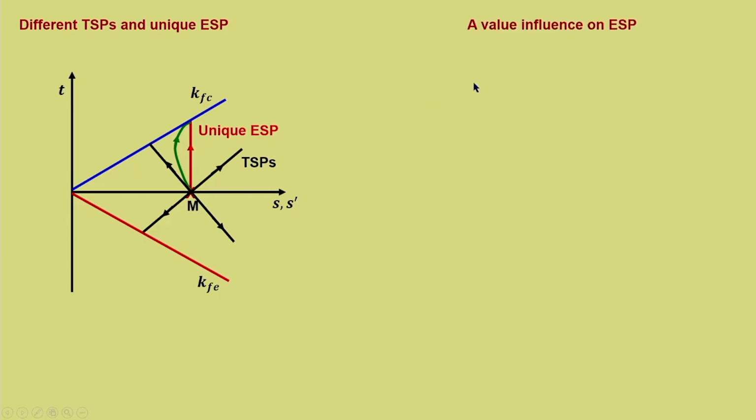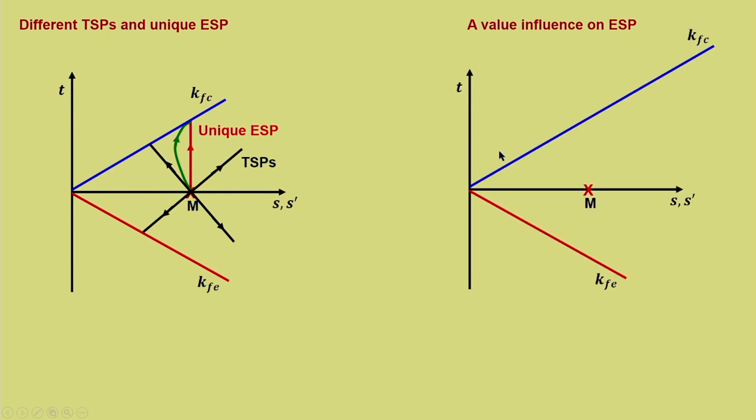So, A value influence on ESP, how A is going to change the ESP. So, this is a t-s, s-dash plot, the starting point M. So, this is the TSP for a typical case of compression and extension. Now, if A is equal to 0.5 in the t-s, s-dash plot, we know that the slope is infinity, so it moves in the vertical direction. Now, for A equal to minus 0.15,